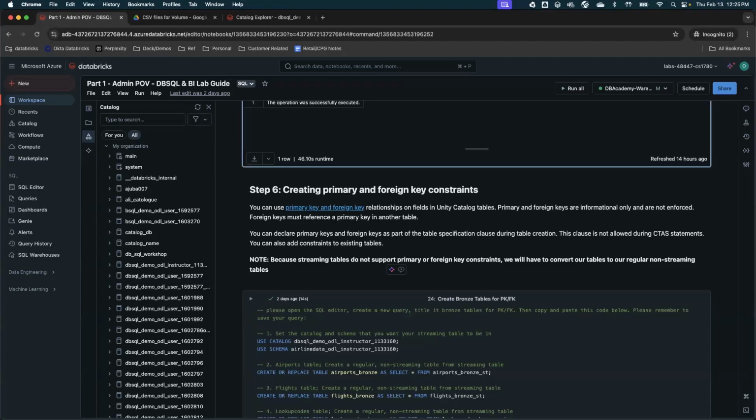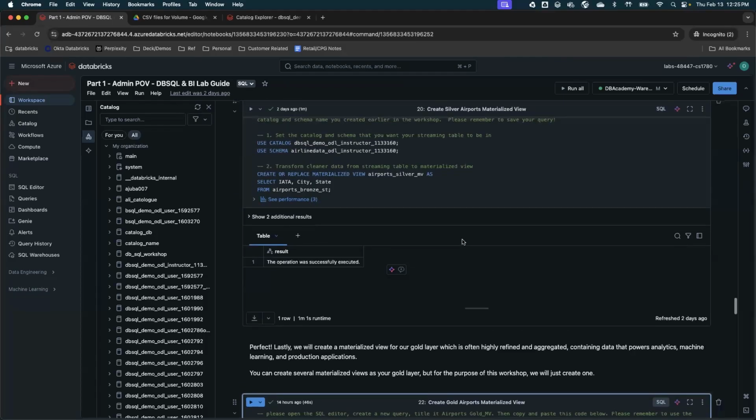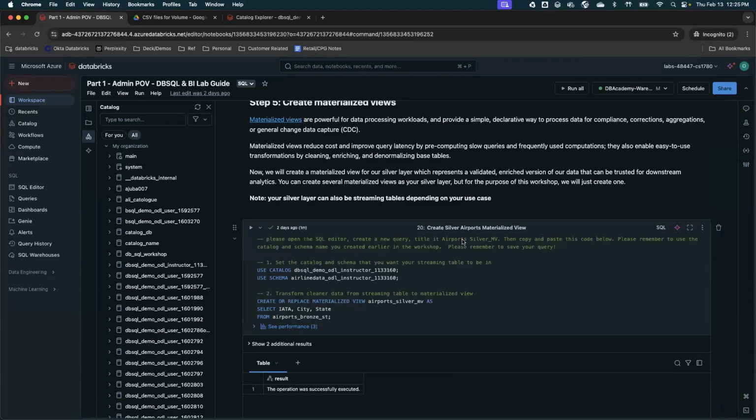Some people are using the SQL editor. Can you quickly show the SQL editor for folks that may be using it or may not be using it? Some are using the notebook, which is fine. But they're also using the SQL editor piece. Yeah, so there are 2 ways to get into the SQL editor.